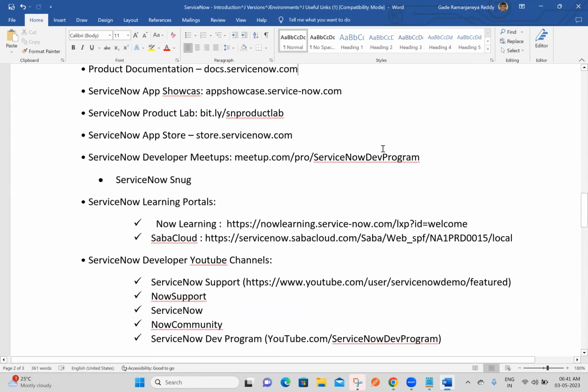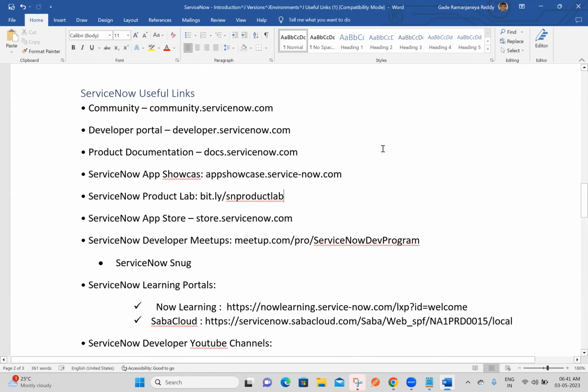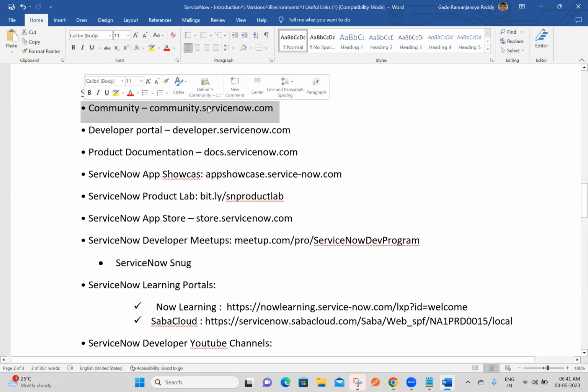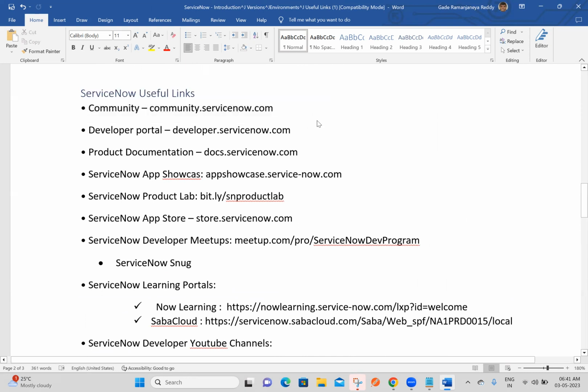So here I have mentioned some useful links. These all websites are ServiceNow authorized websites. What are those? For the ServiceNow community, we have community.servicenow.com. For developer portal, developer.servicenow.com. For product documentation, docs.servicenow.com. For ServiceNow app showcase,